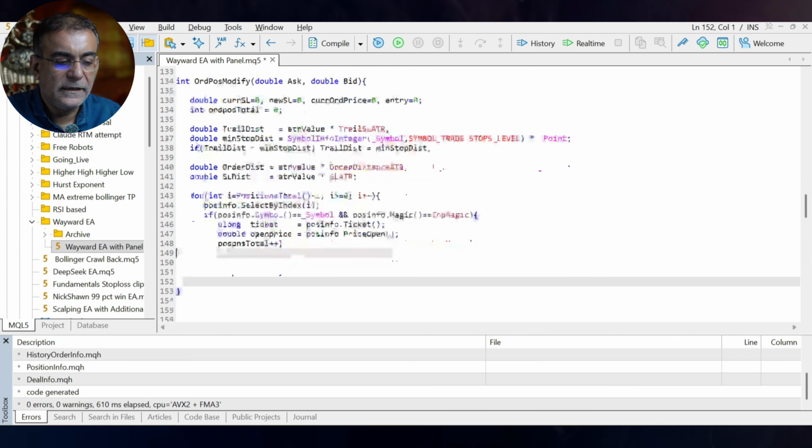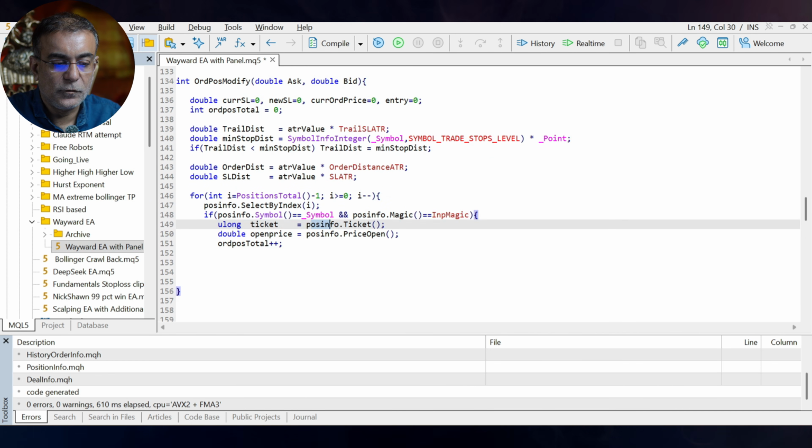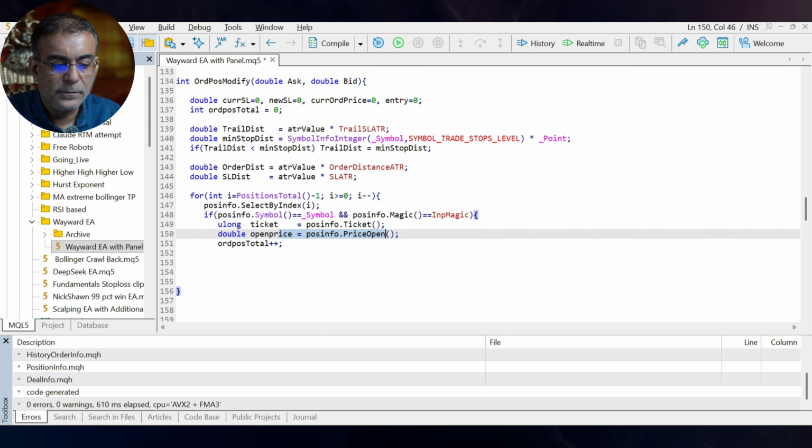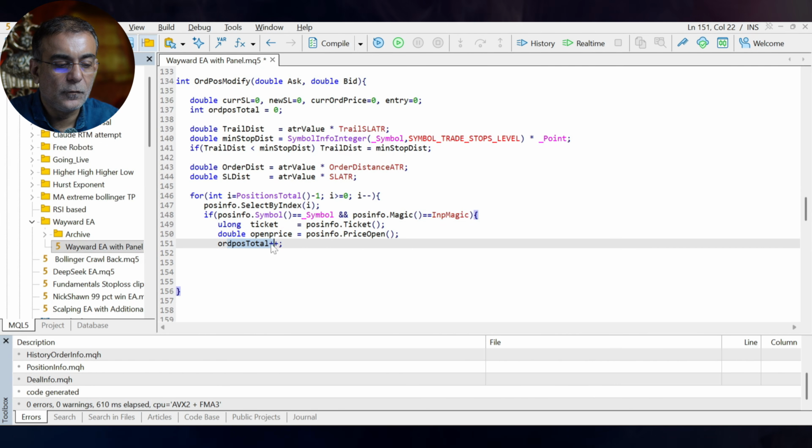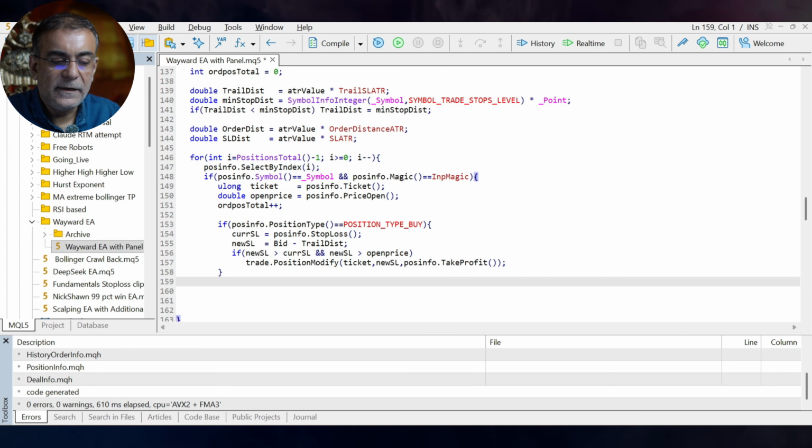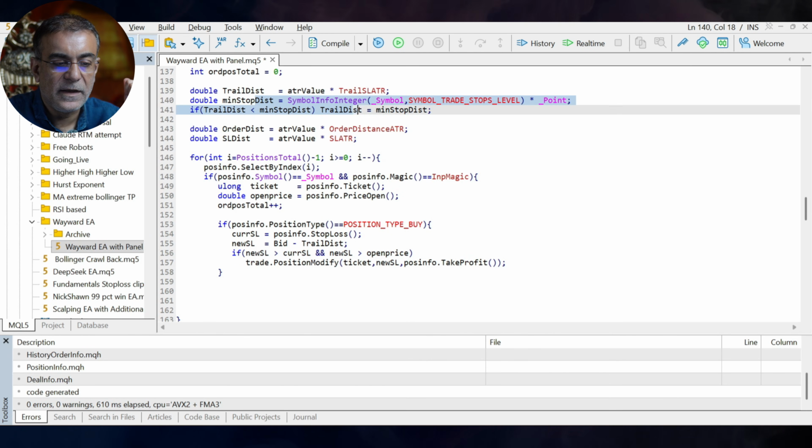So we get the ticket number by using positioninfo.ticket and the open price of the current position. And because it is an open position, we increase the number of order positions total by 1. Plus plus means equals to plus 1. And then we check if it is a buy type position, then we get the current stop loss of the position. And the new stop loss becomes bid minus the trailing distance that we have calculated and verified against the